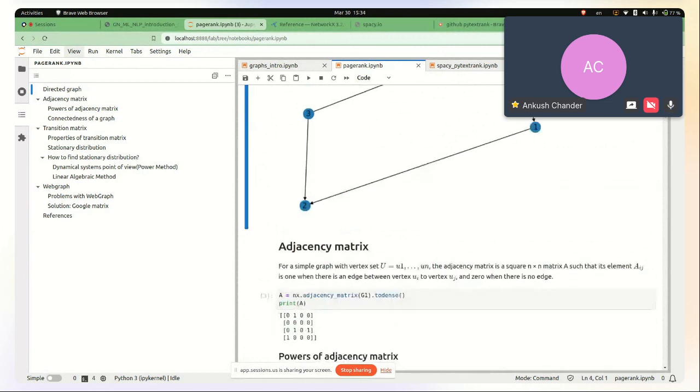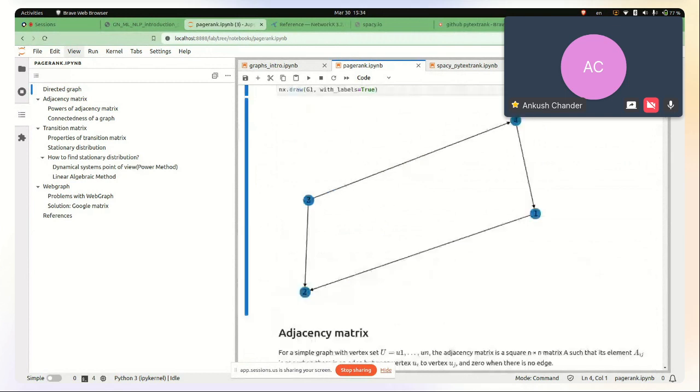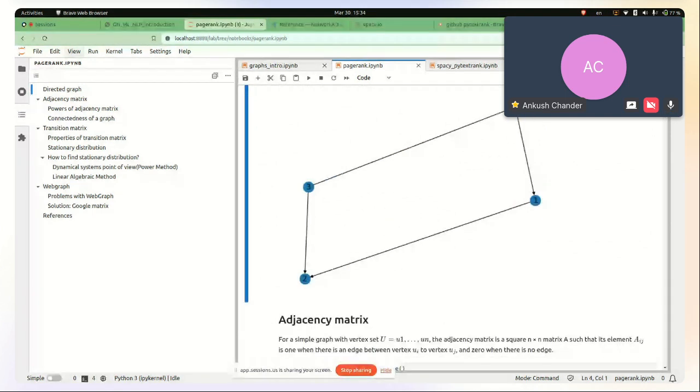If you see here, there is an edge between 1 and 2, so this cell is 1. There is an edge from 1 to 3, and 2, 3 and 4. So this is the case. Wherever there is no edge,